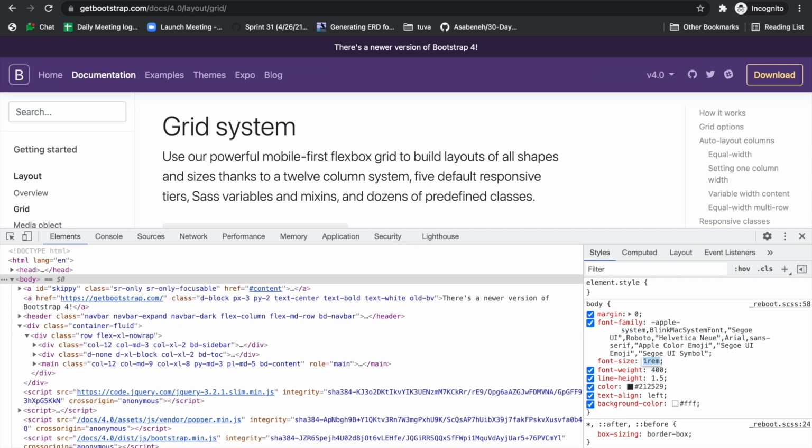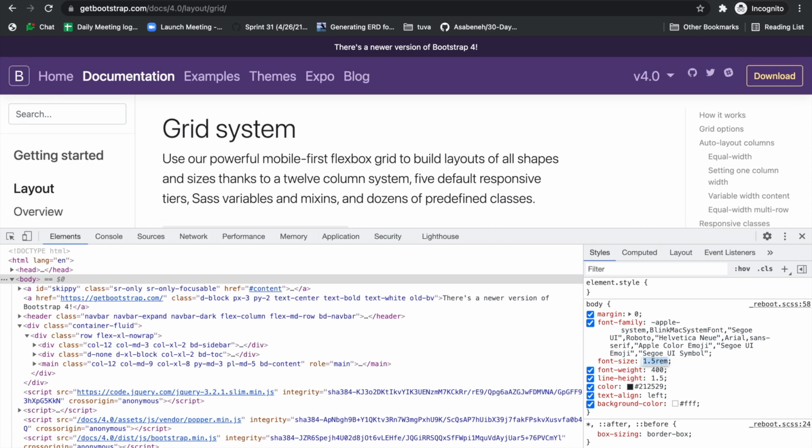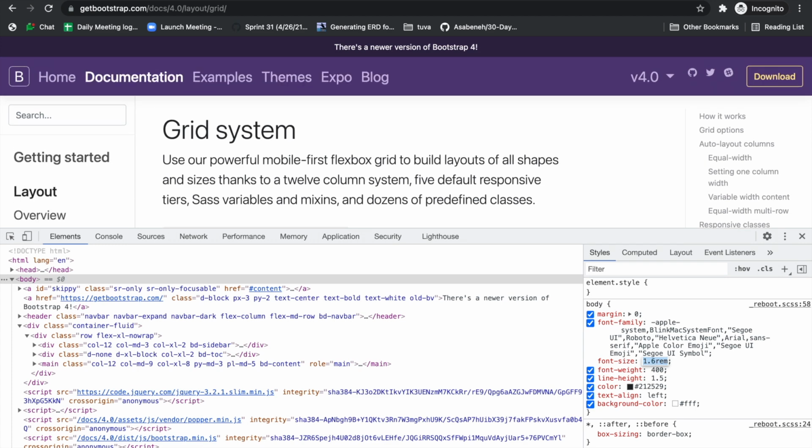Using command plus up arrow, it will increase by 0.1. Using command plus up arrow, 100. Shift plus up arrow, 10. Okay, this is the shortcut. So here you can check. I'm increasing by 0.1. See, some of the text is increasing. This is how they are made.